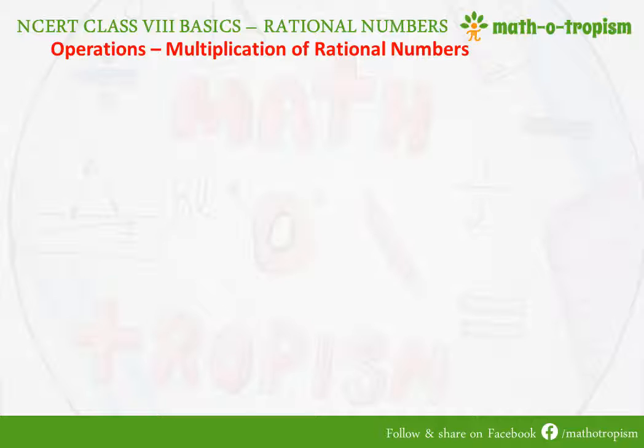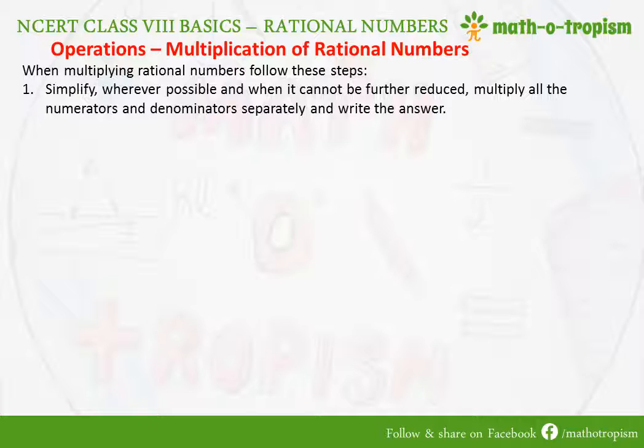So when multiplying rational numbers, we have to follow these steps. First we will simplify wherever possible, until it cannot be further reduced, that means there is no more cancelling between the numerator and the denominator. We just need to multiply the numerators separately and the denominators separately and write the answer as the total numerator divided by the total denominator. So for example, if I take 2 by 4 into 24 by 3,